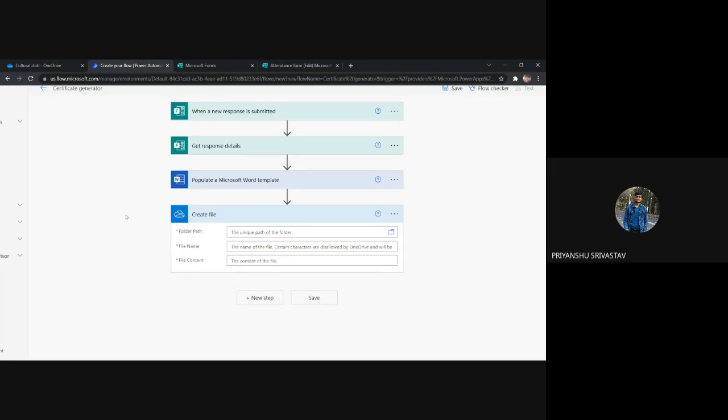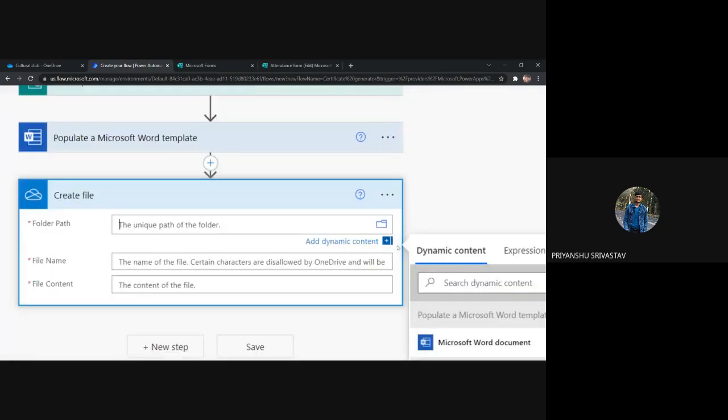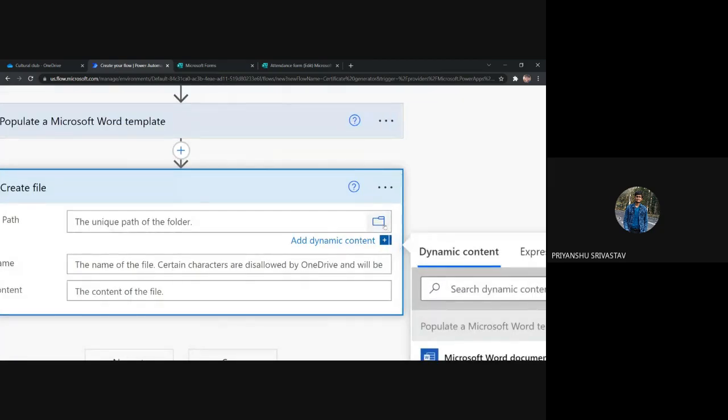So in the create file block that has appeared here, you have to first provide the folder path where you have to save that file, and then you have to provide the file name, and finally the content of the file. That is the file that you want to save to OneDrive. So for folder path, let me click on this folder icon available here.